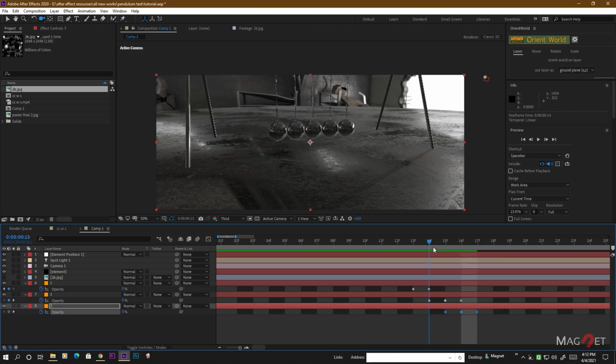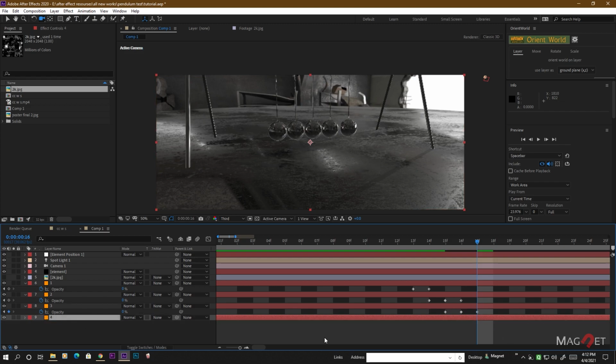First it will be dim, and the very next frame it will glow, and then it will go black again. Simple. So again duplicate this, drag it to the bottom, and press U. Select those keyframes and drag them one frame. First it will create, then it will glow the second one, then the third one,